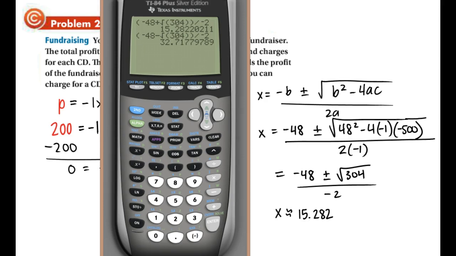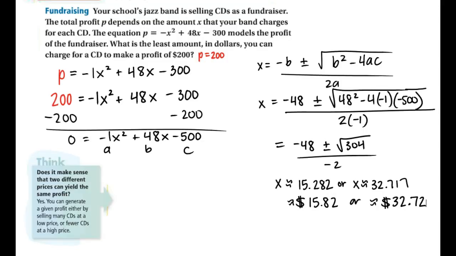32.717. So that means our two possible selling prices for the CDs are either $15.82 or $32.72. So you may be wondering, does it make sense that two different prices can yield the same profit? It should make sense to you because you can generate a given profit either by selling many CDs at a low price, which would be this lower price over here, $15.82,